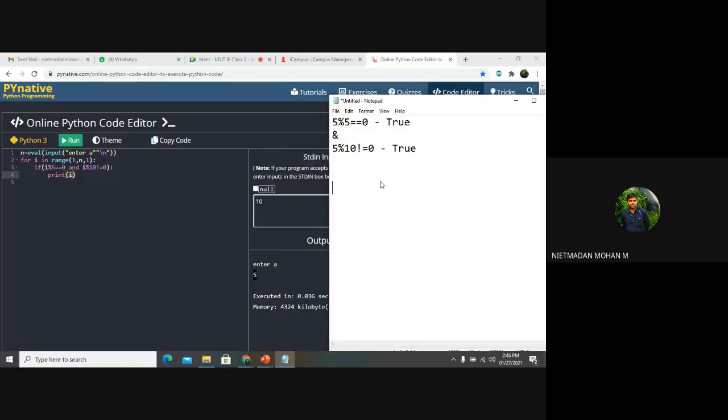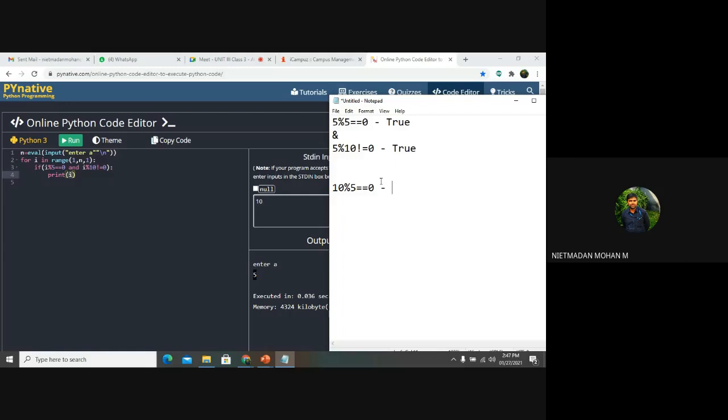Okay, now consider that the number is 10. So now 10 mod of 5 equal to 0. The condition will be true.